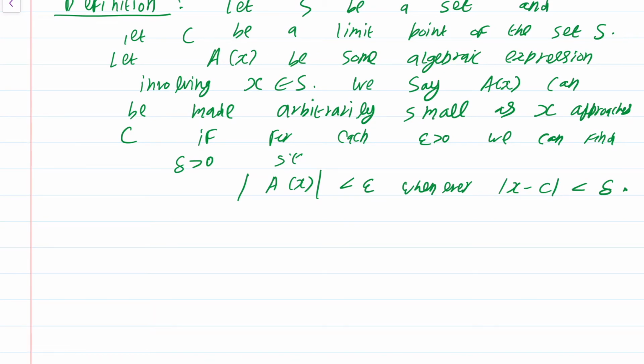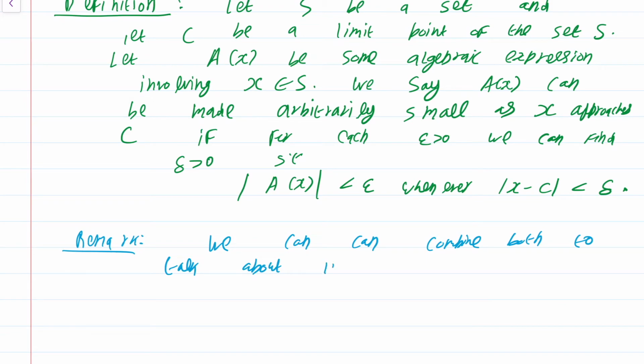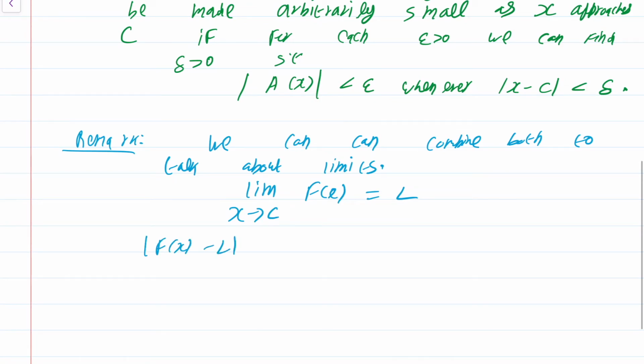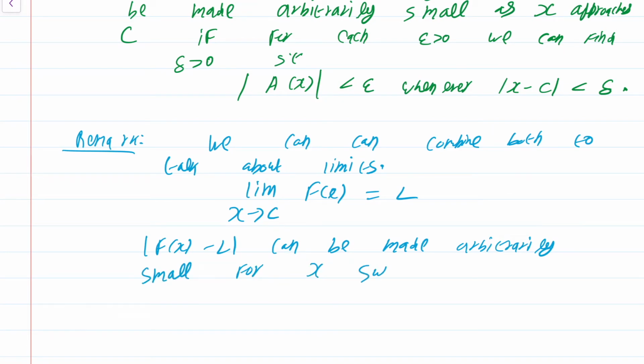Okay, now why are the first and second definitions useful? Well, remark: we can combine both of these to talk about limits. Okay, how do we do this? Well, we can rephrase the limit as X going to C of f of X equal to L as saying mod f of X minus L can be made arbitrarily small for X sufficiently close to C. This is combining the meanings of both